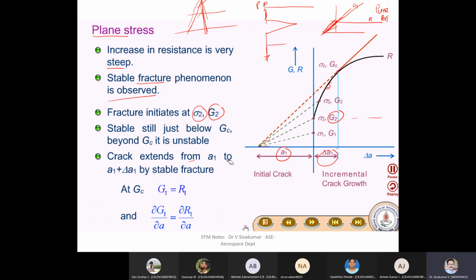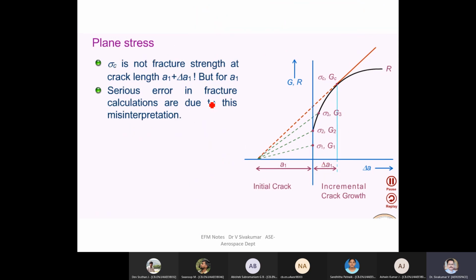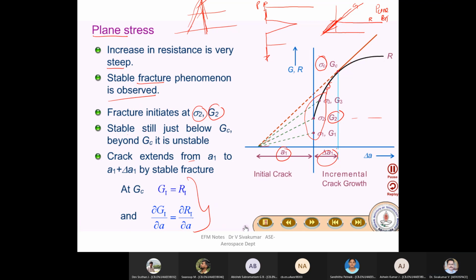So when I can say a real crack will form means these two conditions have to be fulfilled. Where those conditions are fulfilled is at this particular point, at a particular stress. Until that, whatever comes is called stable fracture. So what to do? Because I cannot tell the world that you go up to GC, then only you will get a GC. Because it's very difficult.